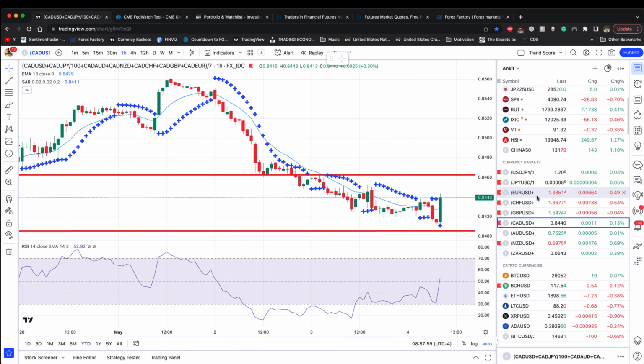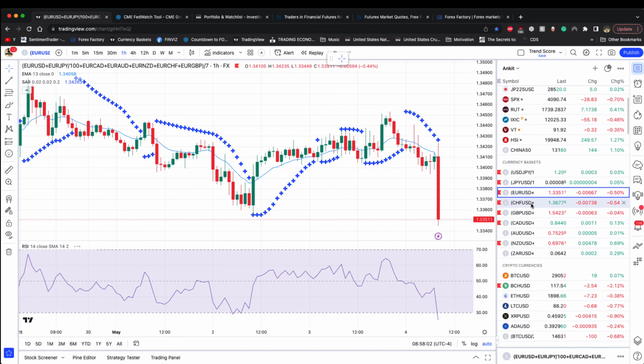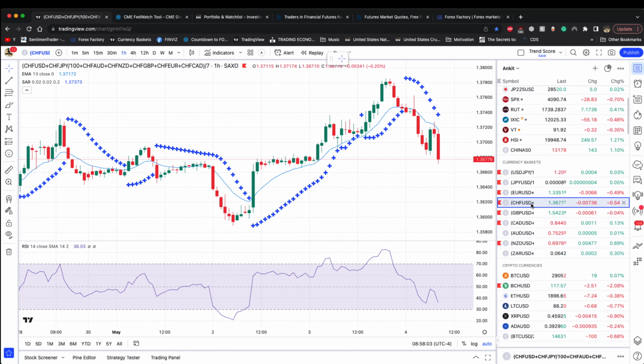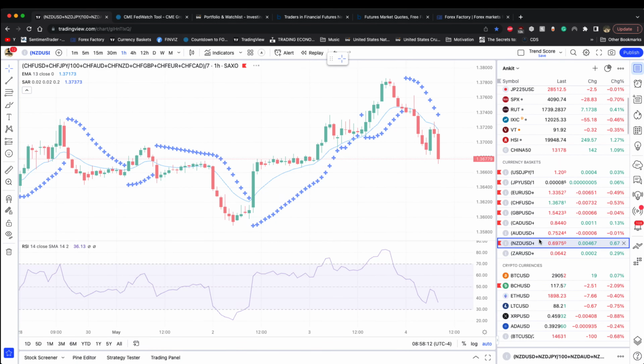That's not bad for the day. But because, again, this is where European currencies are not where the money is going. So money has to go somewhere. It's not going into the pound, and it's coming out of the European currencies. So where does it need to go? It's going to go into some of the growth currencies.